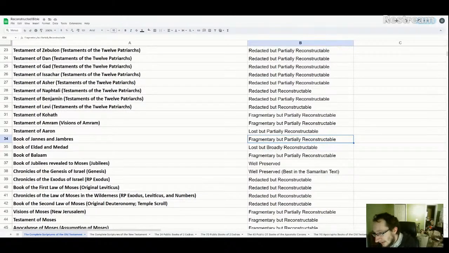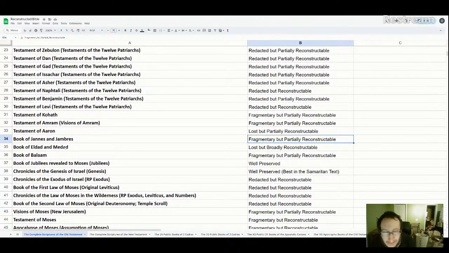Because obviously, if you have a fragment here and a fragment here, how do the two connect to each other? So obviously, if one fragment here is telling something that's a completely different setting than this fragment, there had to be some middle piece that connects the two together. So using that line of reasoning, we can fill in the general storyline and connect the fragments together and put a story together of the text. So we can reconstruct that.